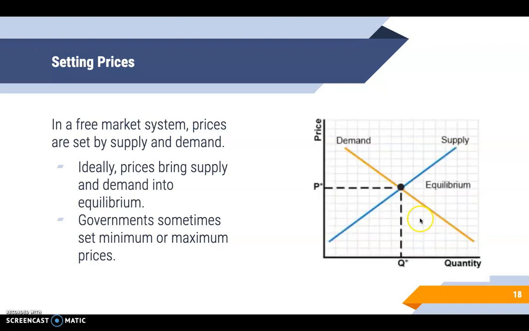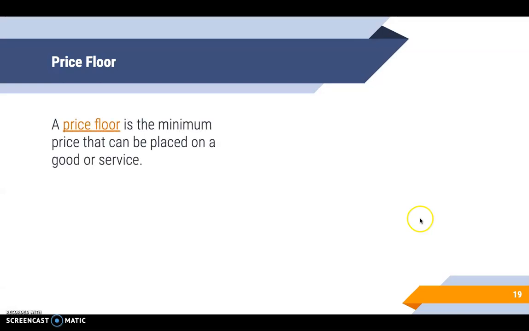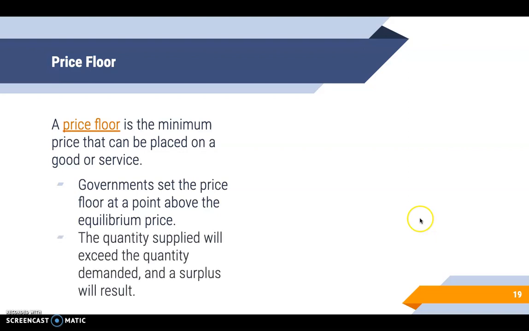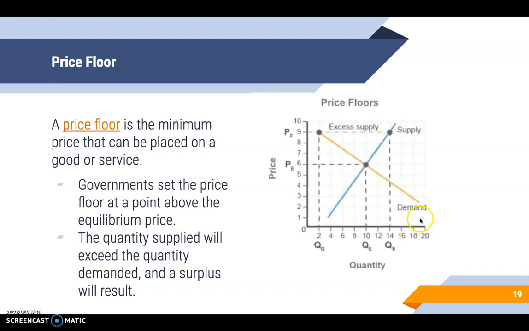Here's that graph we've been looking at the past two lectures where supply and demand meet at equilibrium, but sometimes the government's going to come in and change that. Let's look at the first example of that, and that would be a price floor. A price floor is the minimum price that can be placed on a good or service. So the cheapest that it can be. Governments set the price floor at a point above the equilibrium price. So it's going to be just above equilibrium. The quantity supplied will exceed the quantity demanded, and a surplus will result. Here's what it looks like. Okay, and I'm going to give you an example of this in a minute, and